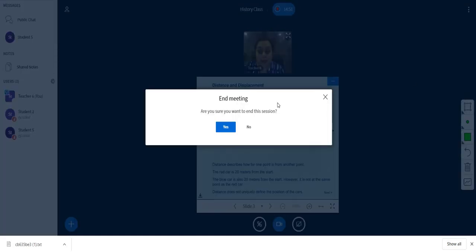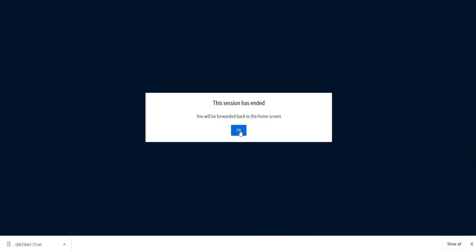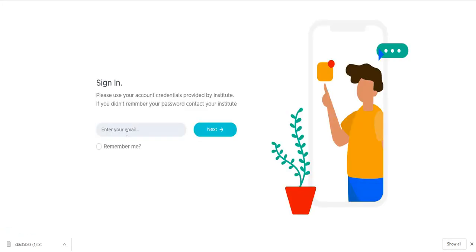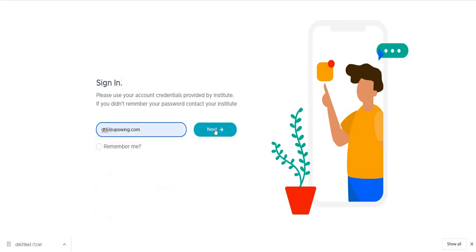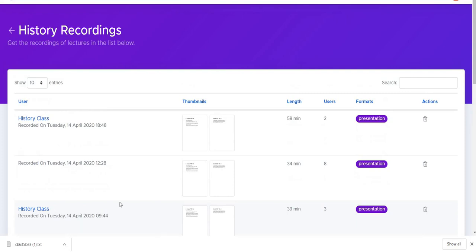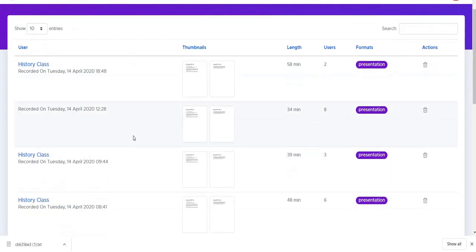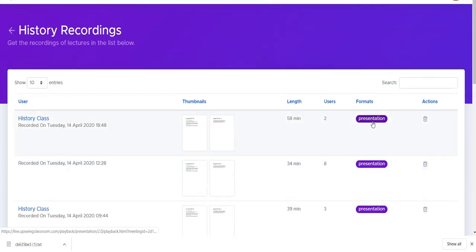Once you click on end session, whatever recording you have done during your ongoing session will be available for the students in their login, or for that matter the teacher in their login. I'll just show you where it will be available. Under this recording, whatever recording has been done, all those recordings will be available accordingly over here. So students can go to the presentation. With this being a teacher login, you have an option of deleting also, but in the student login, they will not have an option of deleting. Yes, but they can view the presentation that has been recorded.